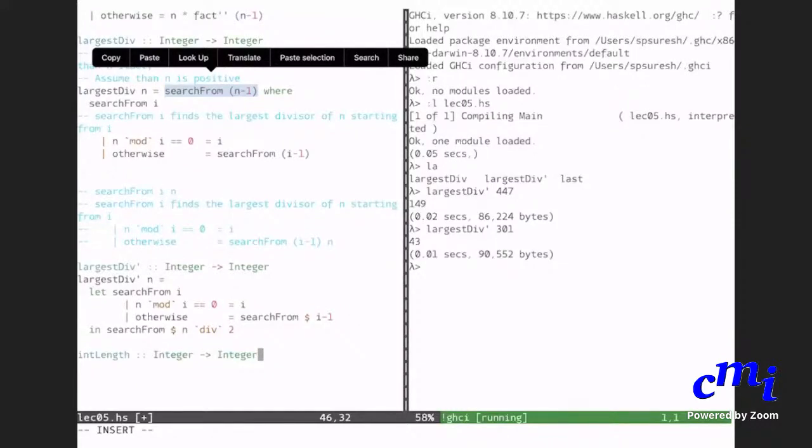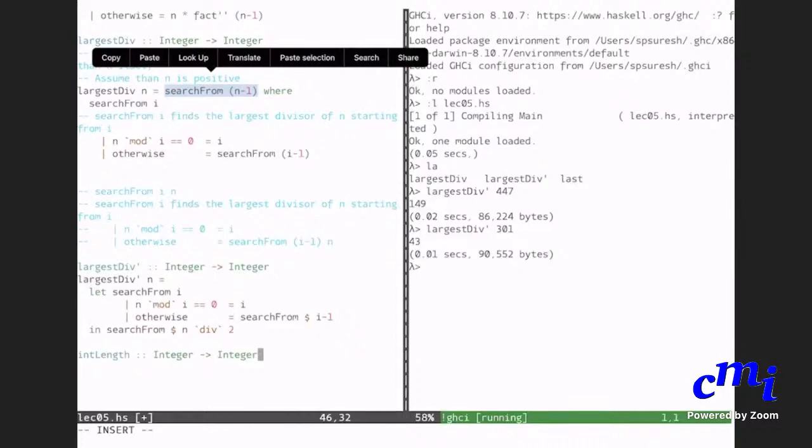Yeah. So n minus 1, as somebody observed, will never divide n unless n is 2. In all other cases, you don't need to start from n minus 1. You can cheerfully start from n div 2, because that is the largest divisor. And if n is an even number, n div 2 will exactly divide n, and then you are done. You don't need to start from n minus 1 and then go down all the way.